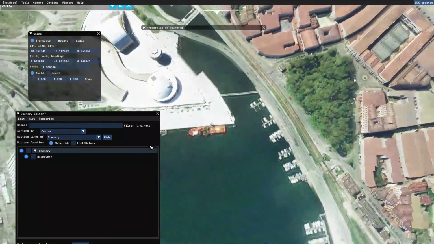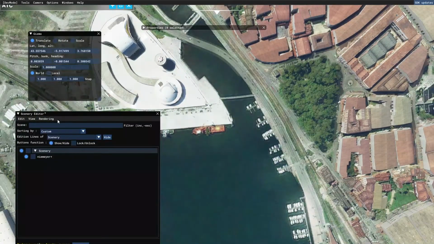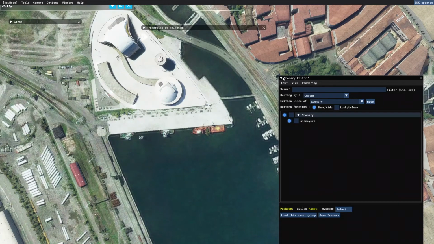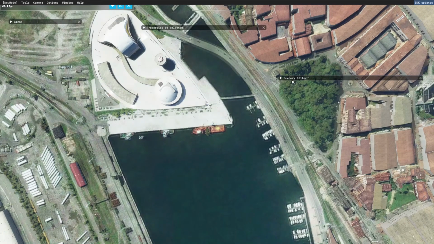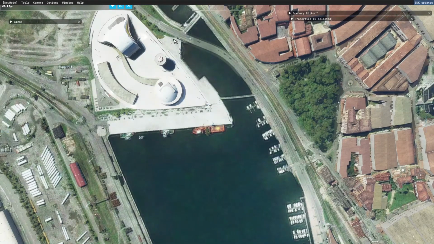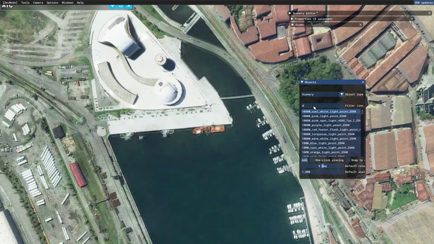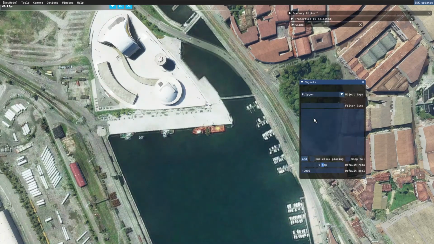Okay, and what I'm going to do is remove what the simulator has created. And for that, I close the gizmo, I close the scenery editor, well, hide it, or add the properties for the moment. And I bring here this object scenery. I can remove the filter, and I can create here something called polygon. I add it, and you'll see that